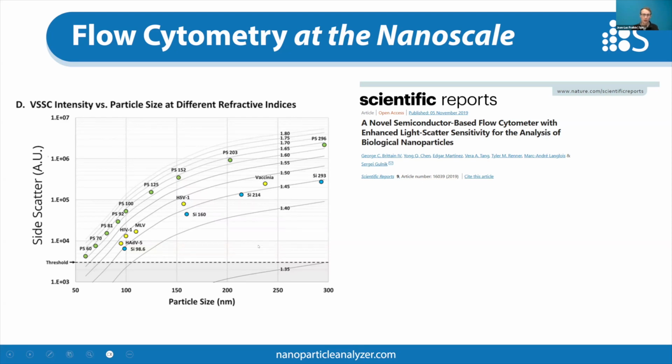according to a certain model, right? And so the main issue here is that if we measure a single particle to have a scattering intensity of, say, 1 × 10⁵ units, and these are arbitrary units, so this is just for a single instrument, we won't know whether that particle is a 100 nanometer polystyrene particle, or a 150 nanometer HSV, or a 200 nanometer silica particle, right? It's impossible to know just from side scatter what kind of particle this is without first knowing the